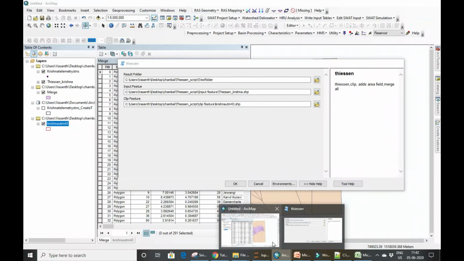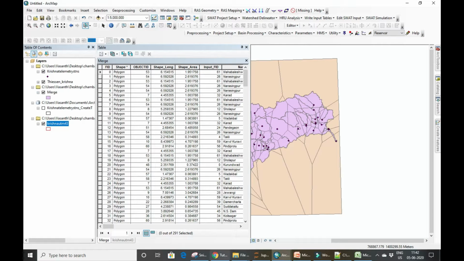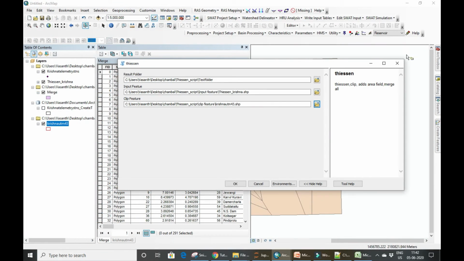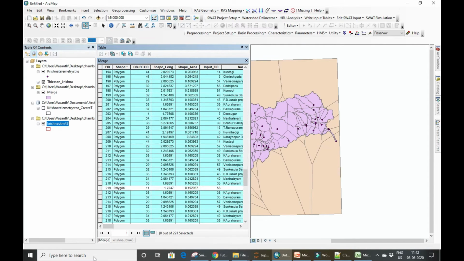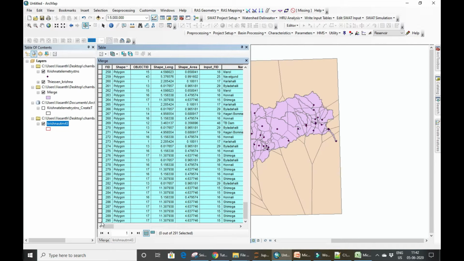Once this is done, I will just open this. We will copy that entire content and then paste it in that Excel file. Once this is done, we will close it; we no more need this. We will copy all the contents in this merge shape file.